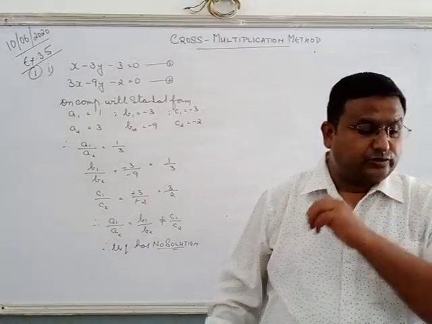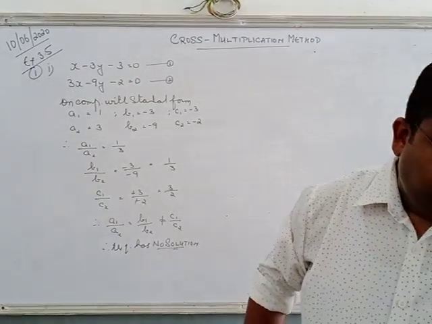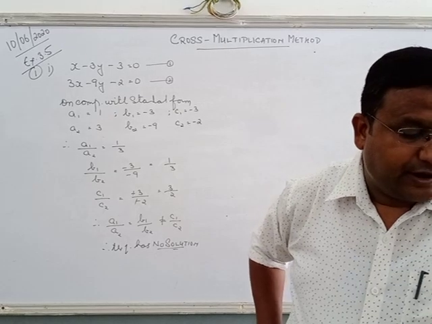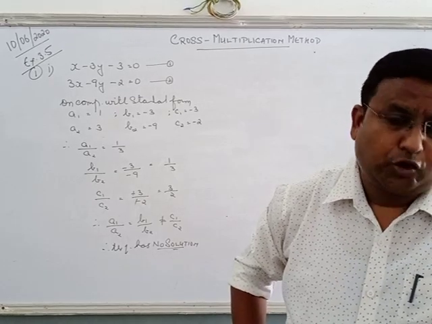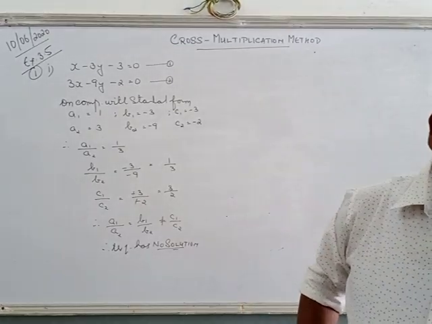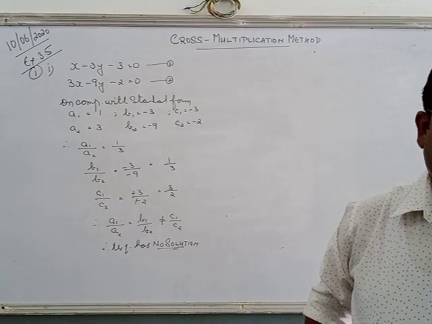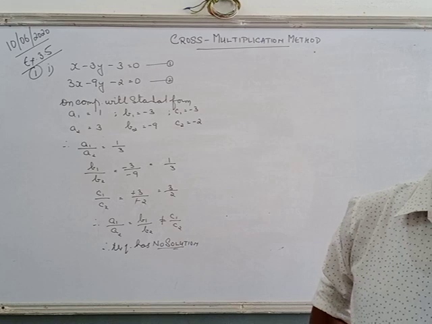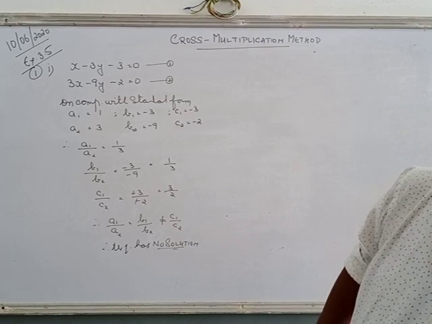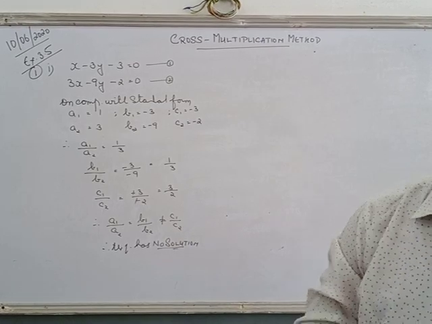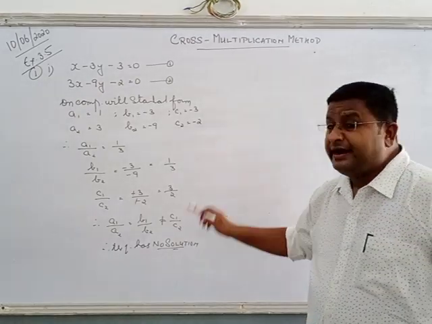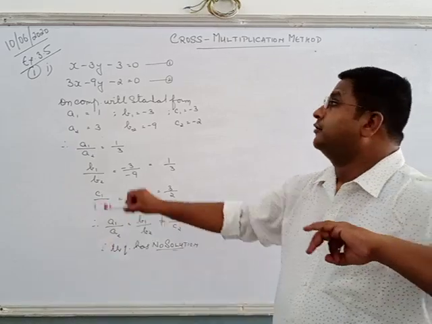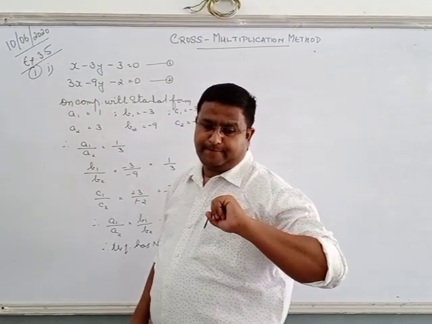The same kind of question is question number 3. If you take a look, 3x minus 5y equals 20, 6x minus 10y equals 40. So what do we get? Again, A1 upon A2 is 3 by 6. B1 upon B2 is minus 5 by minus 10, which is again 1 by 2. And C1 upon C2 is minus 20 by minus 40, which is again 1 by 2. All three are the same, so it has infinitely many solutions. I am talking about question number 1, third part.